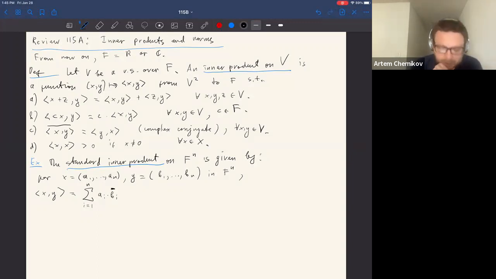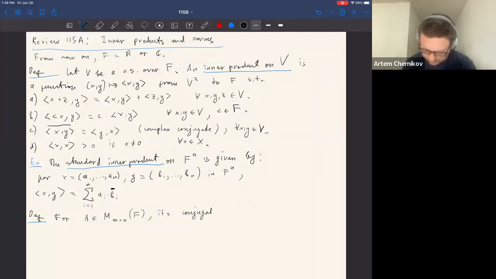All right. Now let me recall that for matrices, we have this notion of conjugate transpose, which is the same as transpose, but we take complex conjugates as well. So for a matrix with m rows and n columns over F, its conjugate transpose matrix